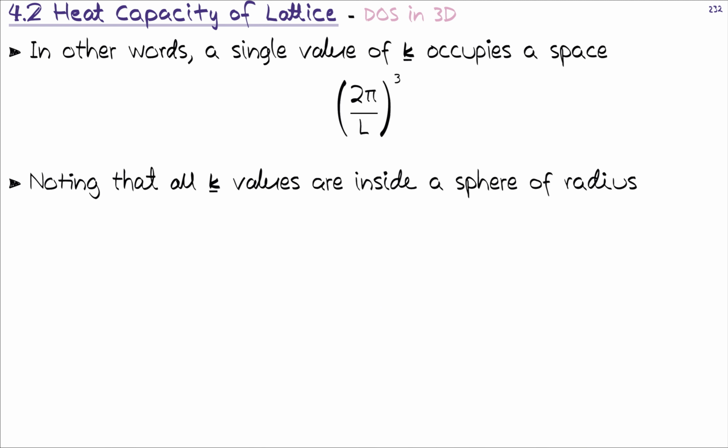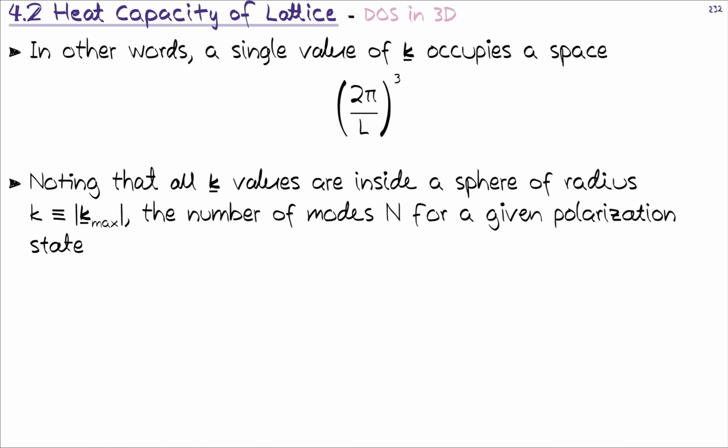And we note that all the k values, all the wave vector values, are inside a sphere of radius k, where scalar k, the modulus of the vector k, has the maximum value. And the number of modes is n for a given polarization state and phonon branch. And then all of these modes must be inside this kind of